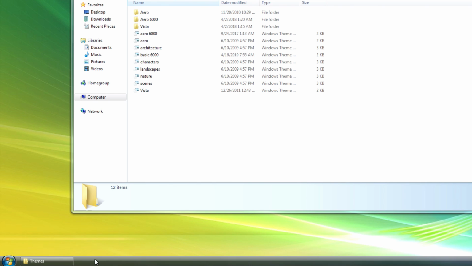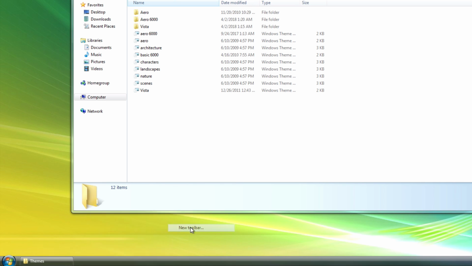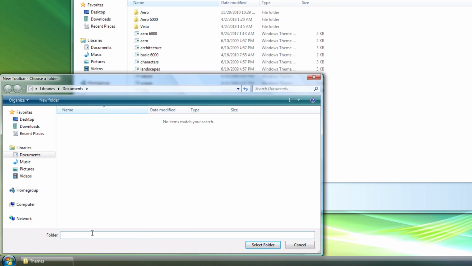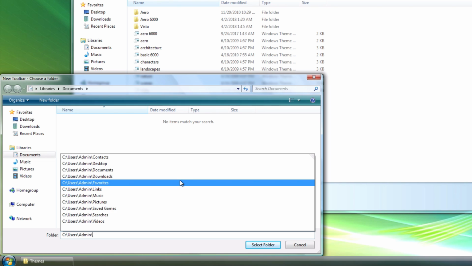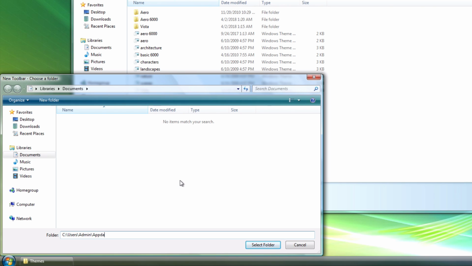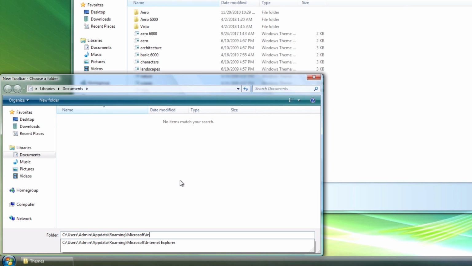So then you can go ahead and add the Quick Launch toolbar to the taskbar. So you want to right click, go Toolbars, New Toolbar, and you want to type in this path, and I will include it in the description. So your drive letter, in this case it's C, and it usually is. Users, and then your username, in this case it's admin for me, and then AppData, Roaming, Microsoft, Internet Explorer, Quick Launch,